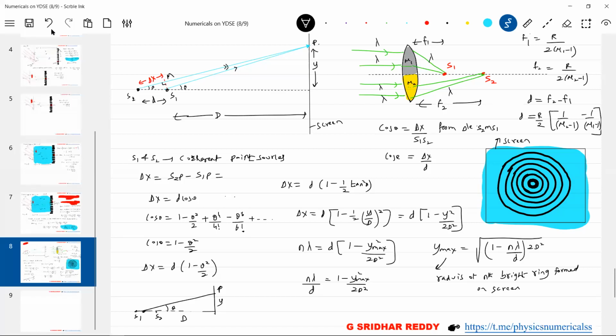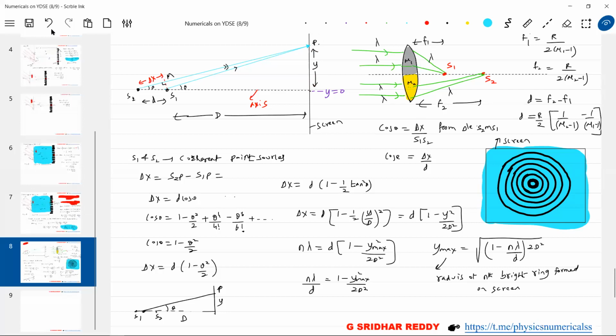Like what we do is at y equal to 0. What is y equal to 0? This particular axis is y equal to 0. At the axis, what is the order of interference? I should write y equal to 0. What does this axis correspond to? To check what the order of interference is. Anybody? What can be the order? Shall we put 0th order, like a central maxima, what we had in YDSE? And as I move, the order of interference will increase.